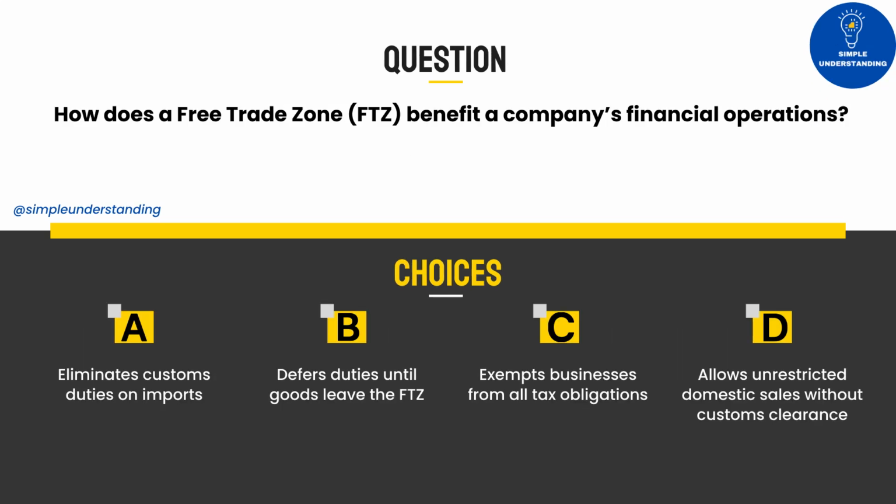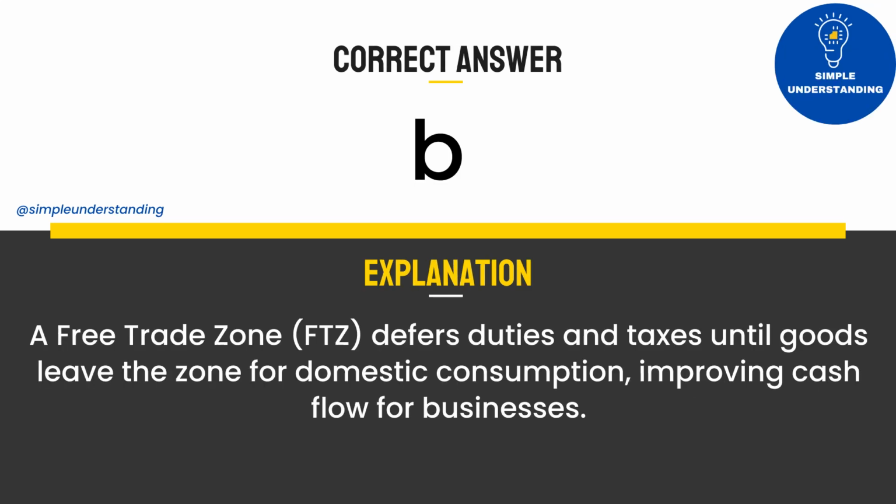cash flow management. 7. How does a free trade zone, FTZ, benefit a company's financial operations? A. Eliminates customs duties on imports. B. Defers duties until goods leave the FTZ. C. Exempts businesses from all tax obligations. D. Allows unrestricted domestic sales without customs clearance. Correct answer: B. Defers duties until goods leave the FTZ. Explanation: A free trade zone, FTZ, defers duties and taxes until goods leave the zone for domestic consumption, improving cash